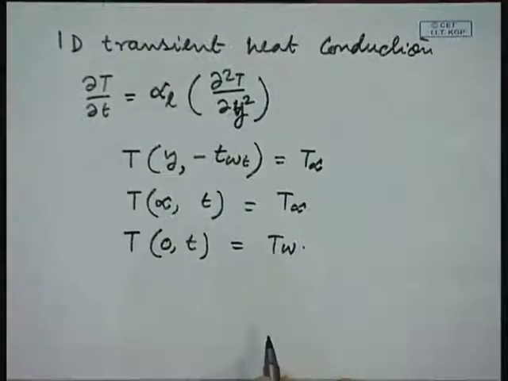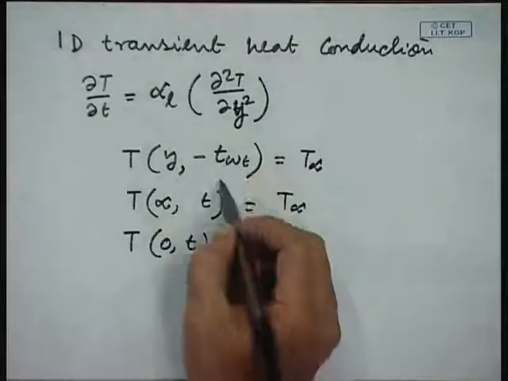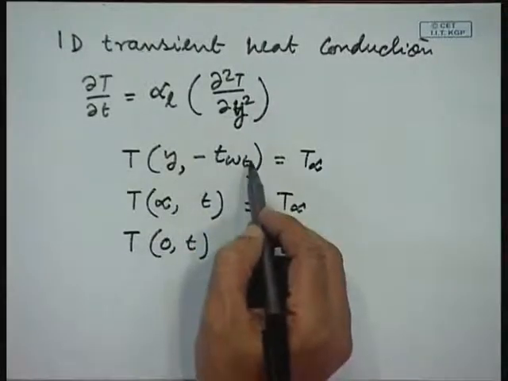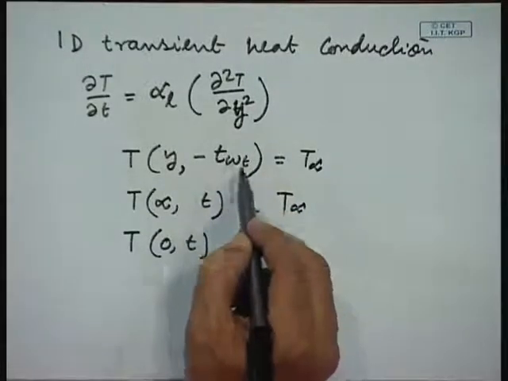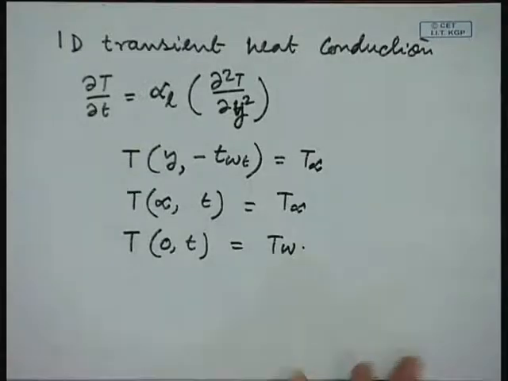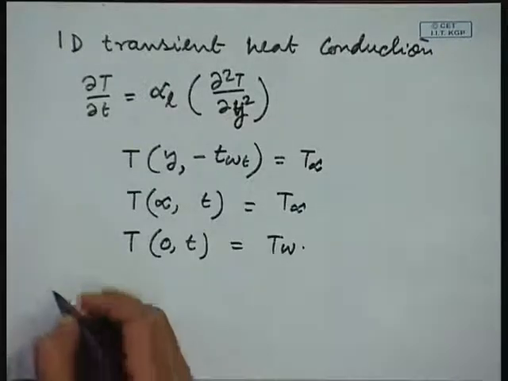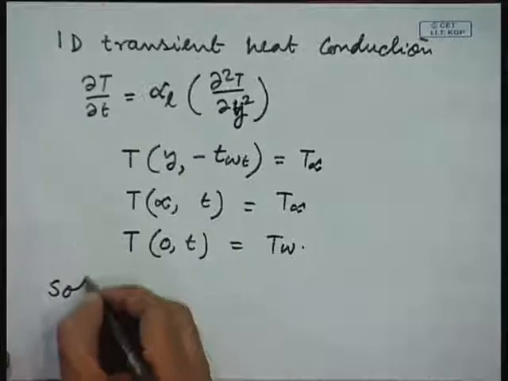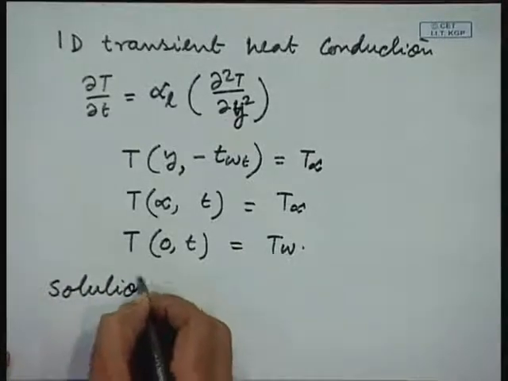So, the same boundary conditions we are putting, only here it is important from which instant we are counting time. The solution can be obtained, this is a classical solution,